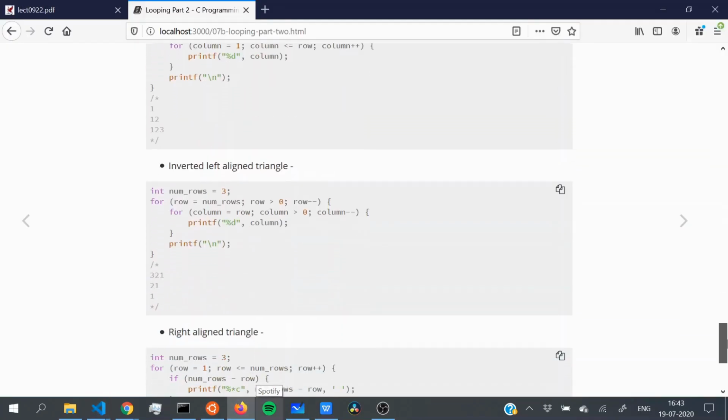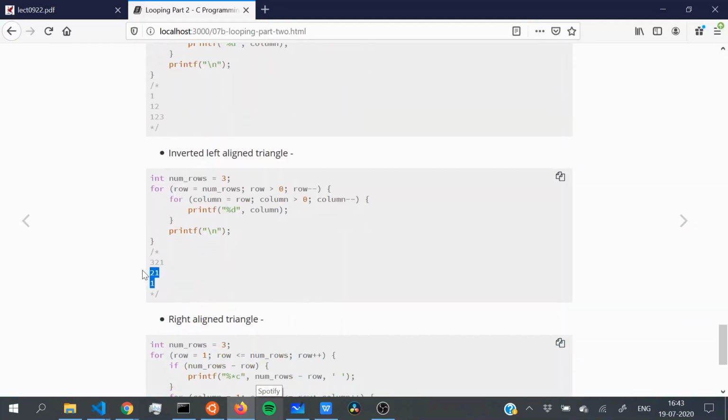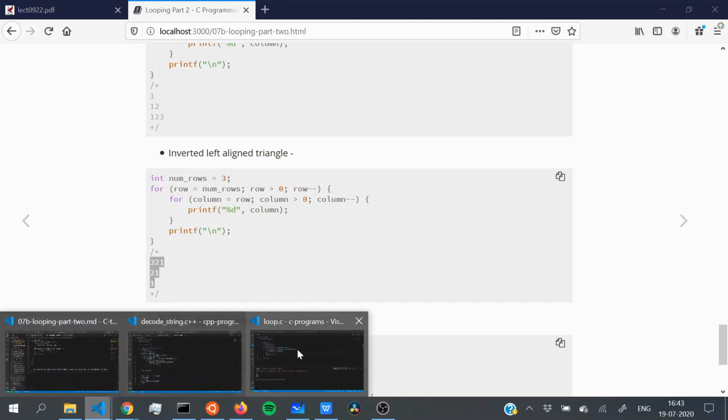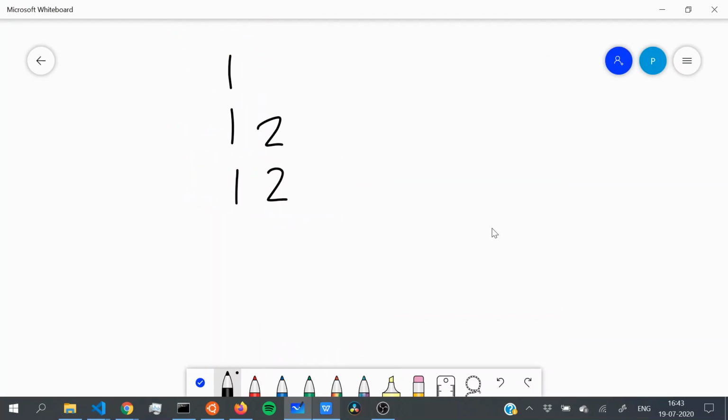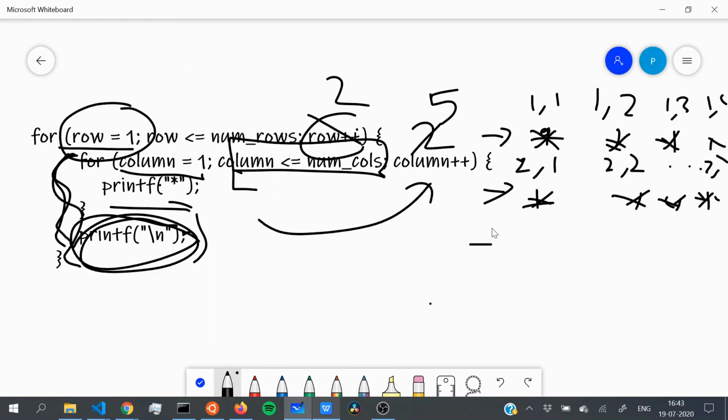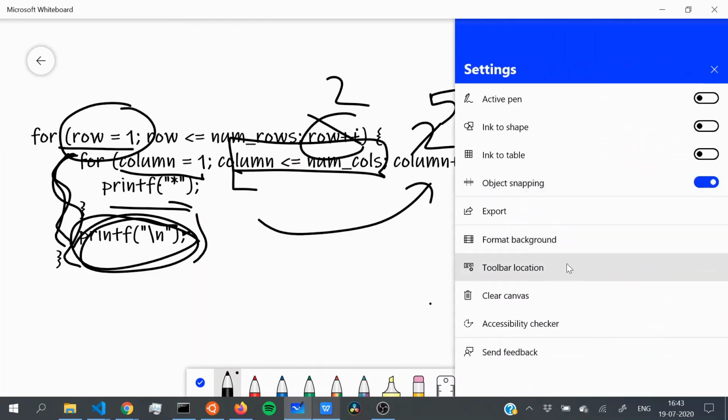and if we want something like this, which is an inverted left aligned triangle, then what will we do? Well, let me just write this out over here. Okay. So right now we have 3 to 1, and let's not mention character numbers, rather let's play with asterisk. Okay,